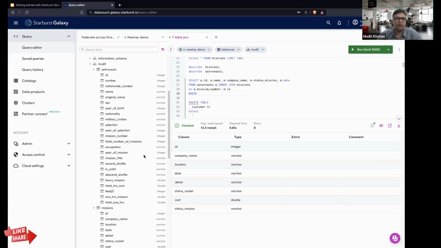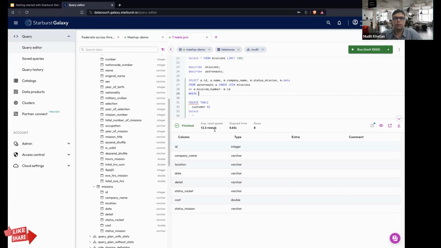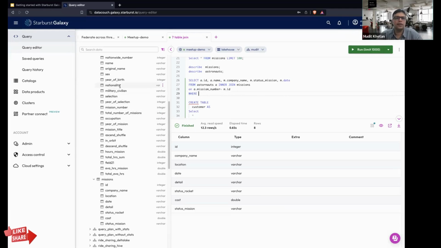Where, let's say, nationality, or instead of nationality, let us say status mission, m dot status mission equals to, now we have to find the specific value.